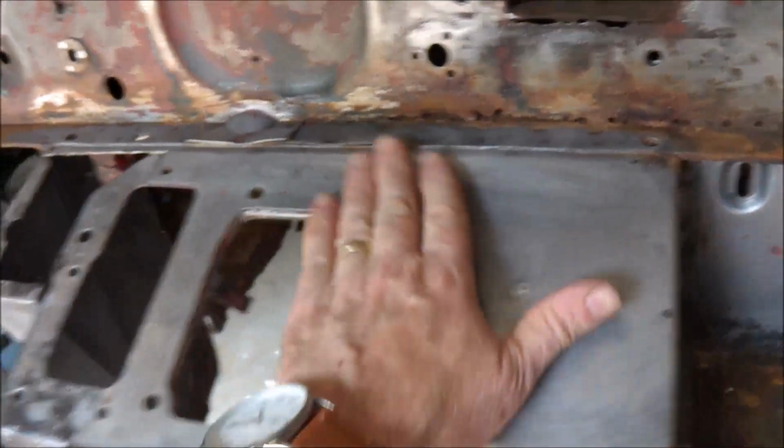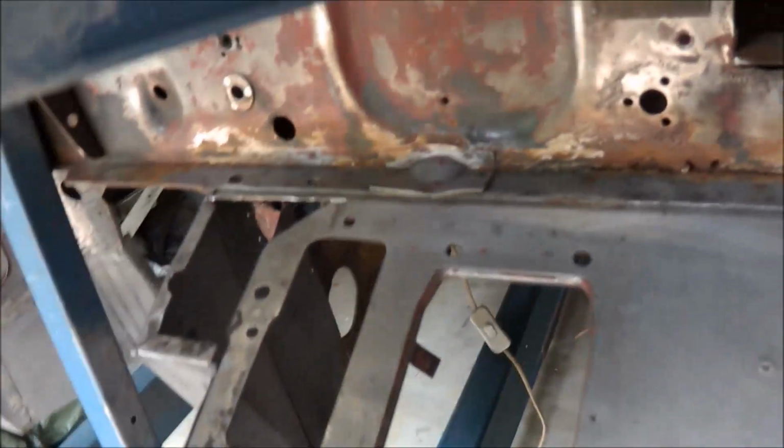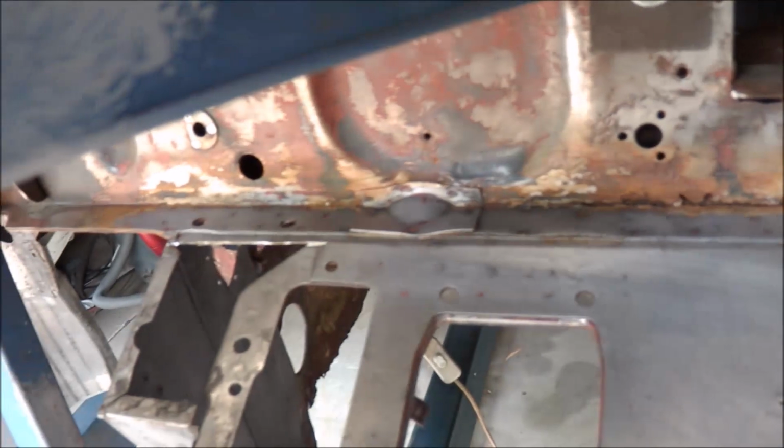Cleaned all the metal up. It's come up quite nice, and I've actually cut the sections out that need replacing. Now they're